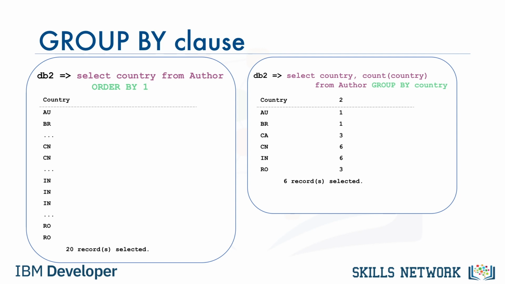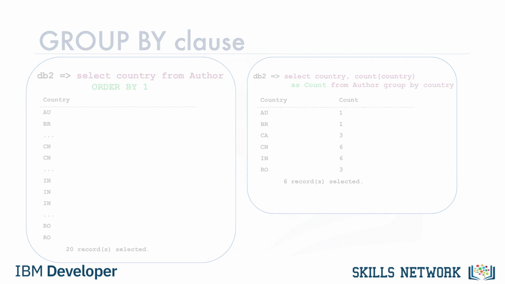Notice the column heading for the second column in the results set. The numeric value 2 displays as a column name because the column name is not directly available in the table. The second column in the results set was calculated by the count function. Instead of using the column name 2, we can assign a column name to the results set. We do this using the as keyword. In this example, we change the derived column name 2 to column name count using the as count keyword. This helps clarify the meaning of the results set.